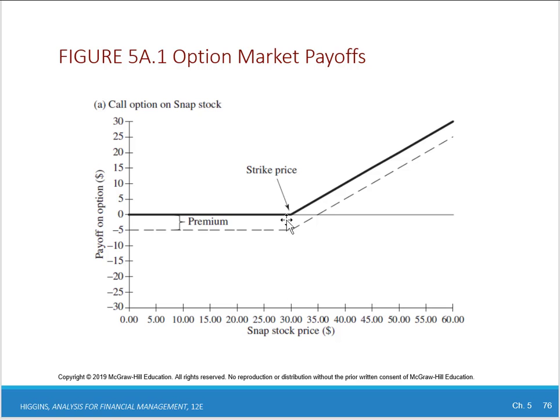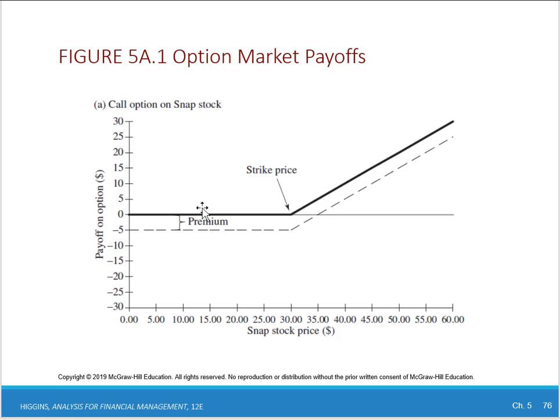No, it's a right. So for this stock, if you look at it, it says, look, we have an exercise price at $30. If the stock price goes above $30, then now your option is going to start to make money. But let's say you have a bet. In this case, it's $5. You pay $5 for an opportunity for the stock to go up. But what if the stock goes down? The only thing you can lose is the premium.